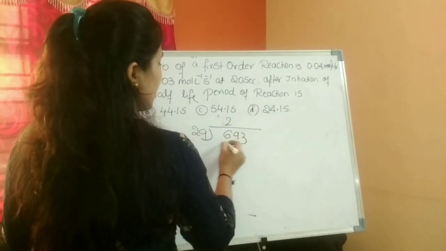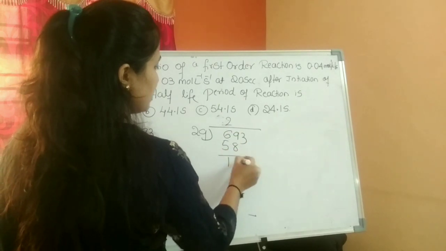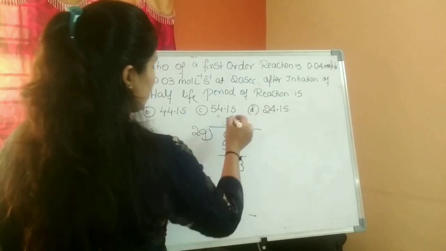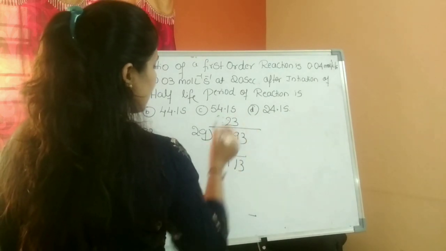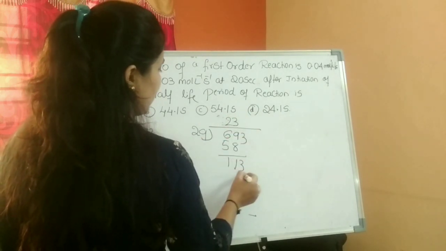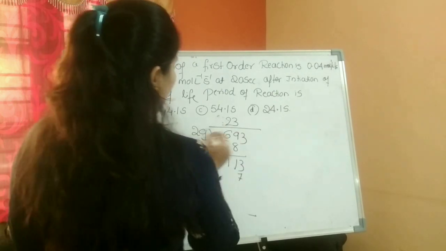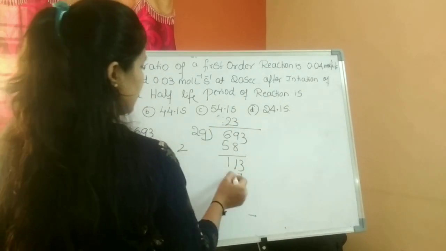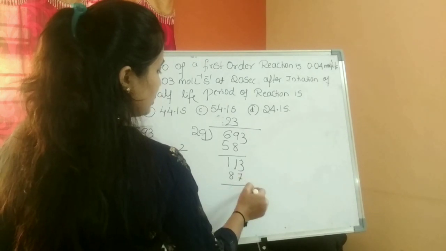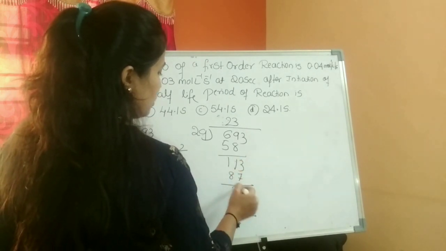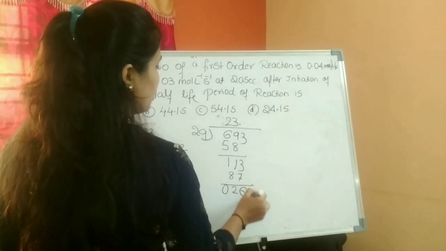29 twos are around 58. So 1 and 6 minus 5, 1, 3 over here. So can I go through 29 fours, it will be 116 we are going to get. 29 threes, 9 threes are 27, 2 over here. 3 twos are 6 plus 8 over here. So 13 minus 7, we are going to get around 6. 10 minus 8, 2 over here, 0. 26 over here. So put a point, take 0.